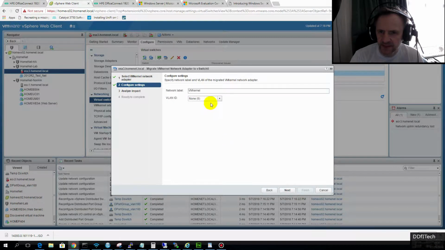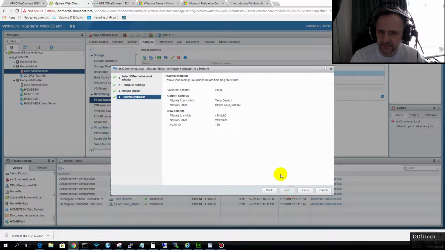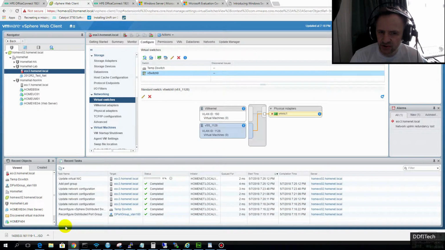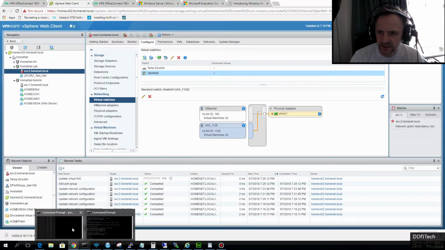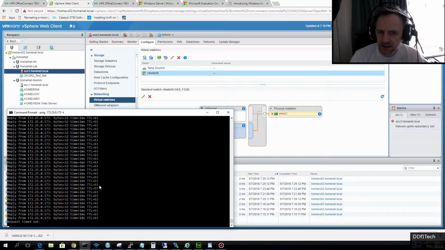So you have to add the VLAN. Well, we don't have to add the VLAN, but I use VLANs on my management. So I'm going to create the VLAN ID as 160 because that matches what I've got set up in my environment. So now you see it's trying to migrate, but the physical adapter is disconnected. So if this went through okay, you'll lose your connection to your host. But what it should do is actually roll back the change,